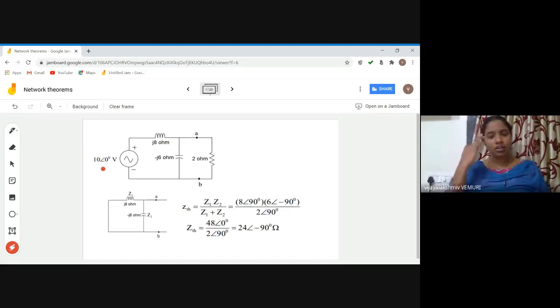Brake test on a DC shunt motor. Next, load test on a single phase transformer. Next, brake test on a three phase induction motor. All those things you have done, isn't it? That is purely AC, that too with single phase supply. Except for the three phase induction motor, we have used a single phase supply.